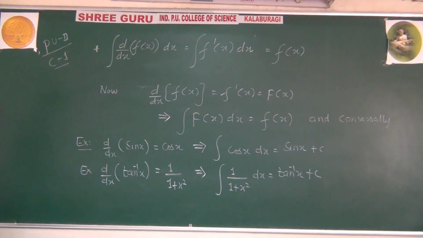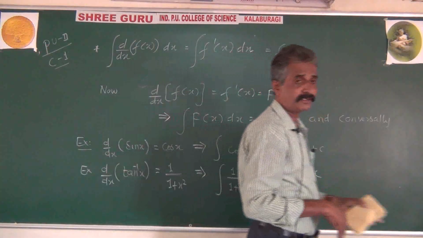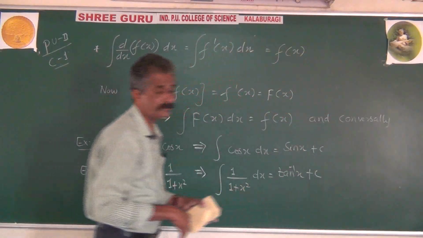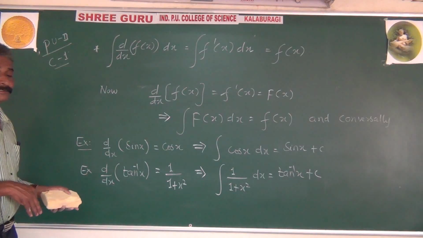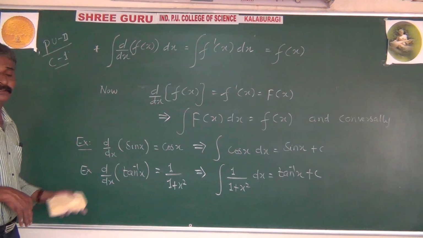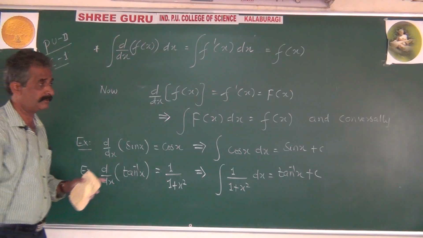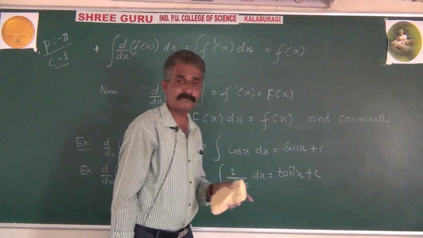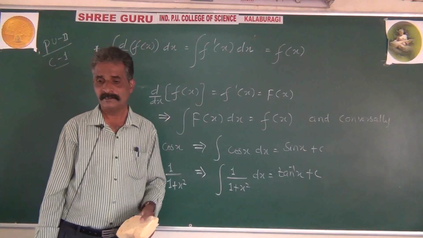Like this, whatever formulas we noted in differentiation, the same formulas will be considerable, but in the exact opposite direction. Similarly, we know that the derivative of log x is 1 by x. Now, the integration of 1 by x will be log x, and so on. So, don't get confused. Earlier formulas, but in the opposite direction. Next class, we shall see important formulas of integration, followed by techniques of integration, etc. Thank you.